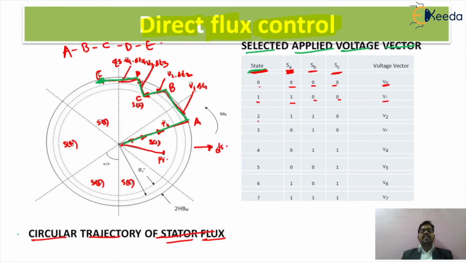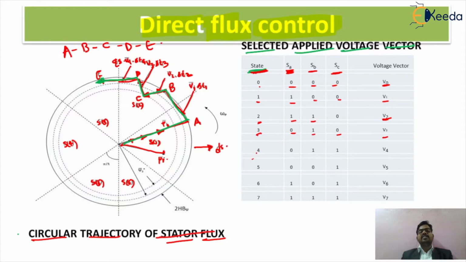Similarly, if we are getting the state that is called S3, or we call it the second state, we are getting the output of SA and SB will be 1, 1, that will be called high, and this will be the voltage vector V2. Suppose you want to select state number 3, so we are getting the value of SA will be 0, the value of SB will be 1, the value of SC will be 0, and we are getting the voltage vector, that is V3.